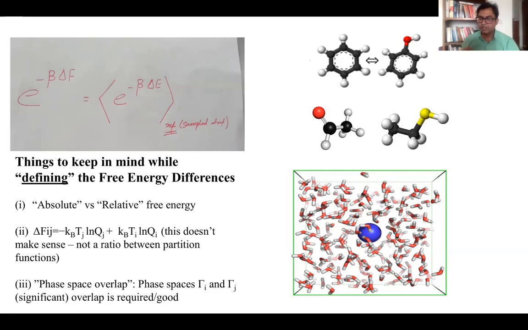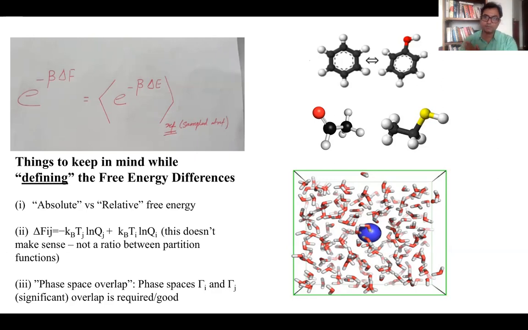Then you say, okay, I'll close my eyes and I'll say that it has a charge of +1. But the trajectory is the same. So the moment you put a charge of 1, all the interactions are changed, right? Now you have an electrostatic interaction with the water molecule. So you create another column with all the energies, and you take the difference between the two, and you should be able to get a free energy difference of charging a particle in water.